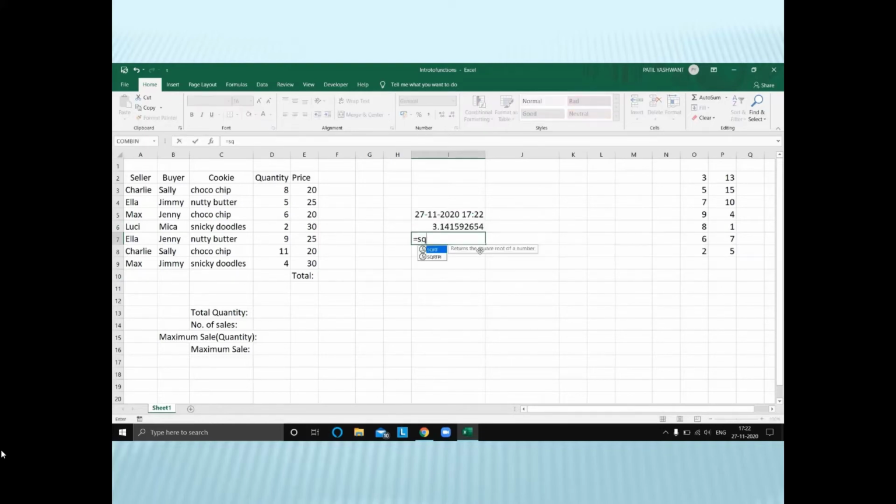Another function is square root. We put the value in the bracket and close the bracket. This gives the value. More examples of functions are using the sum function. In sum you can pick the numeric value, plus you can give a cell as a reference and it will give the sum of these two values. Also, if you want to give two values directly, we can give sum of 4 plus 5, close the bracket, and it will give us the value of 4 plus 5.